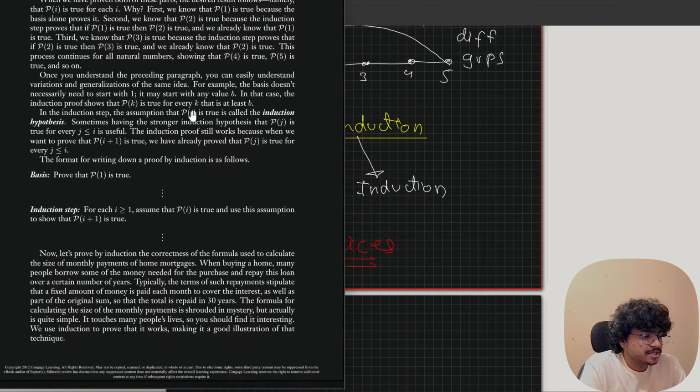In the induction step, the assumption that P of i is true is called the induction hypothesis. Sometimes having the stronger induction hypothesis that P of j is true for every j less than or equal to i is useful. The induction proof still